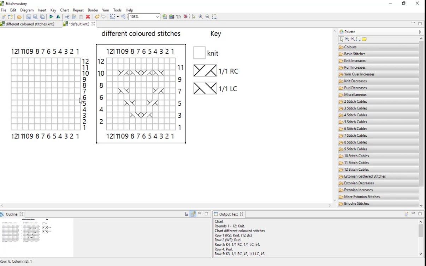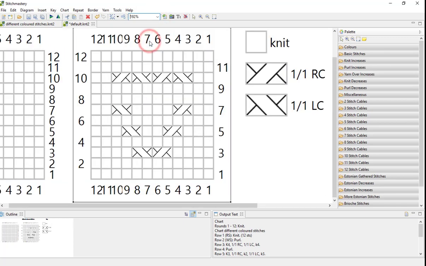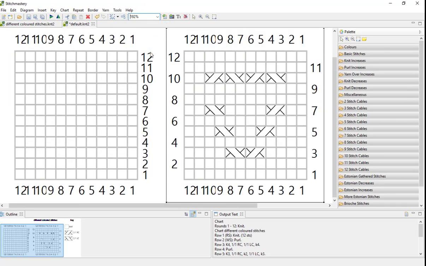And you'll notice immediately that my charts have gotten smaller. And firstly I'm just going to fit to height, and the next thing that we clearly need to do is to change the font size for our row and column numbering.